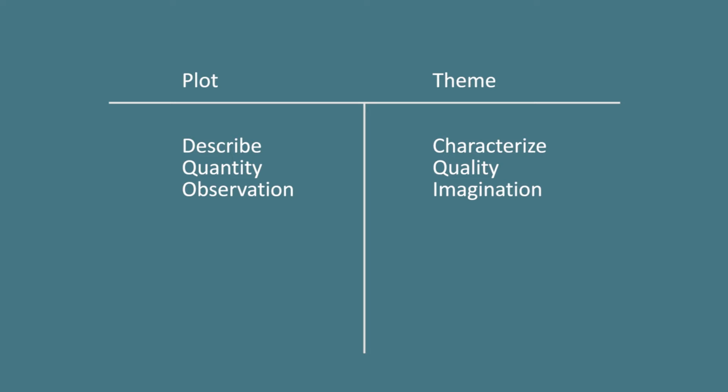Plot, we are describing the physical world, and theme, we are characterizing elements of plot. Remember, characterize and typify was in our definition of theme. We also talked about quantifying the physical world, quantity. And opposite of quantity is the notion of quality. Look at the relationship between the word characterize and quality. Look how similar they are.